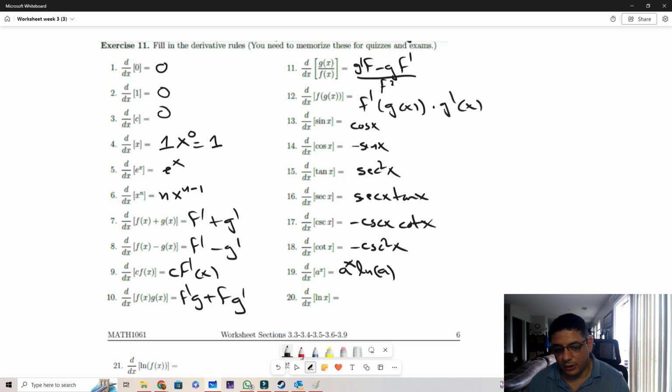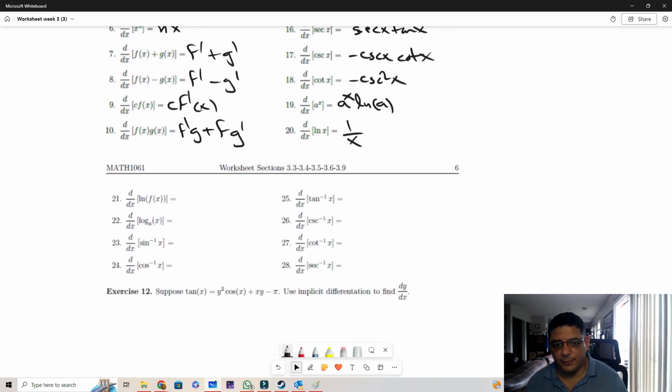The derivative of the log, natural log of x, is 1 over x. And if we take the derivative of the log of a function, this is a chain rule, so it's going to be 1 over f of x times f prime of x. Okay. The derivative of the log base a of x is going to be 1 over x times 1